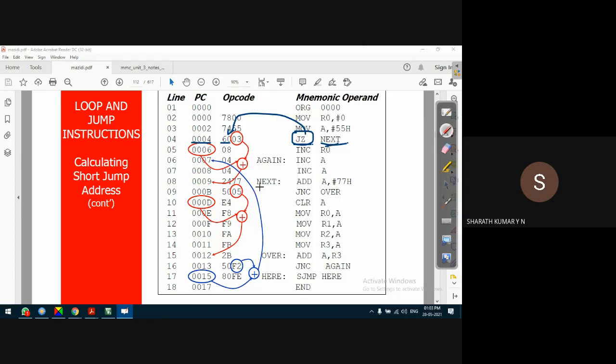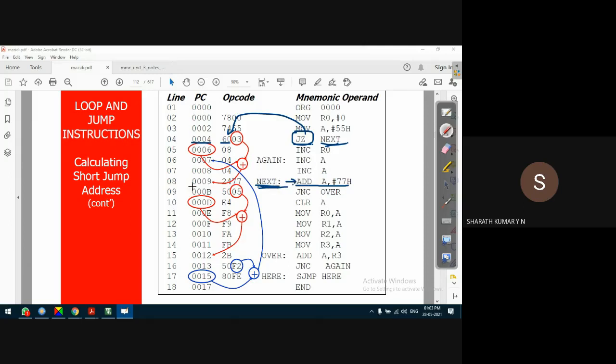Where is NEXT, guys? NEXT is somewhere here. What is the address of NEXT? It's not the address of NEXT actually. It is the address of the first instruction of this subroutine, the instruction pointed to by NEXT,